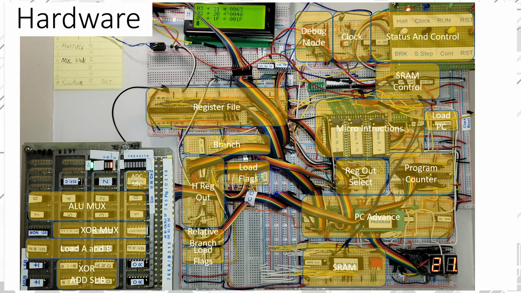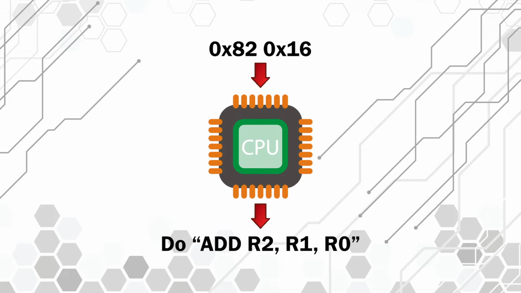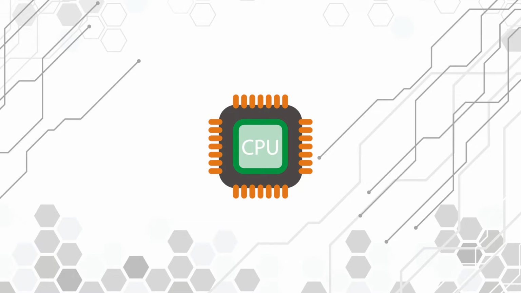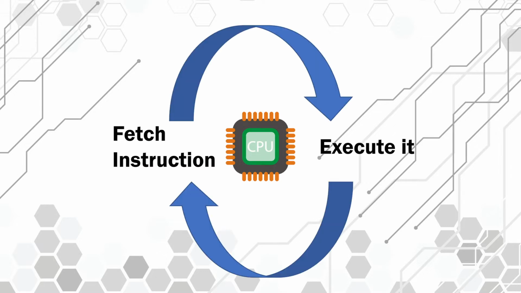Before we get into the details of how each component works and its particular implementation, I thought we should first examine how a CPU works at a high level and see how this design is reflected in the Bifrost. A CPU's main task is to read machine language instructions and execute them sequentially. Therefore, the CPU in effect implements a very simple loop: fetch the next instruction in our program, execute it, and repeat until the program is done. Let's take a look at how this loop is implemented.